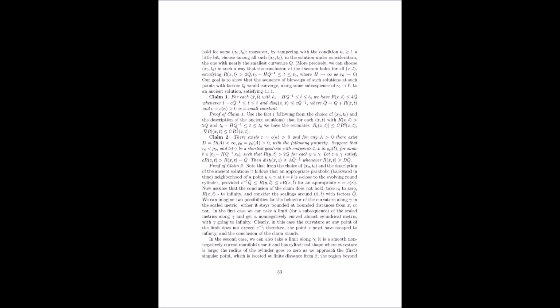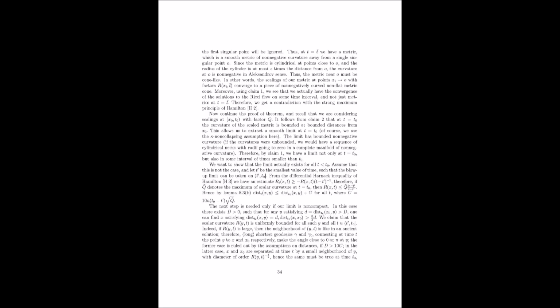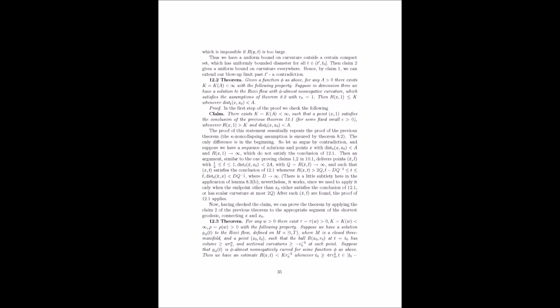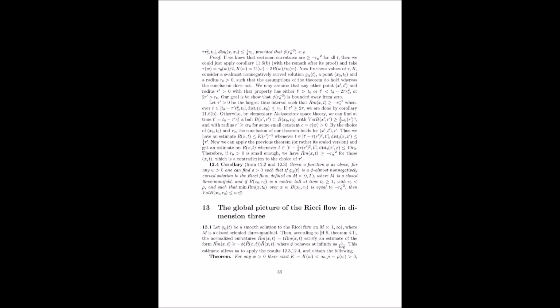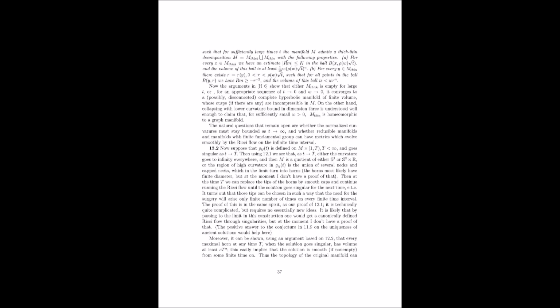We left off talking about ancient solutions and their importance as models for understanding the long-term behavior of the Ricci flow. You mentioned something about almost non-negative curvature. What exactly does that mean? That's a crucial concept for understanding Perelman's breakthroughs. In reality, most geometric shapes don't have perfectly non-negative curvature. Think of a crumpled piece of paper. It has regions of positive, negative, and zero curvature all mixed together. Right, it's not perfectly smooth.